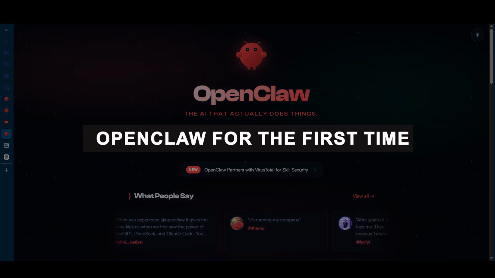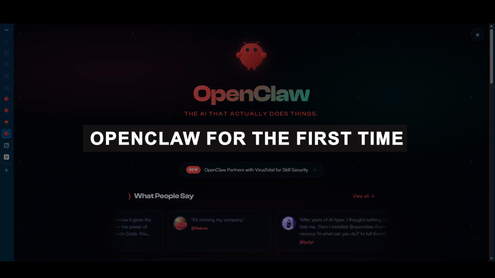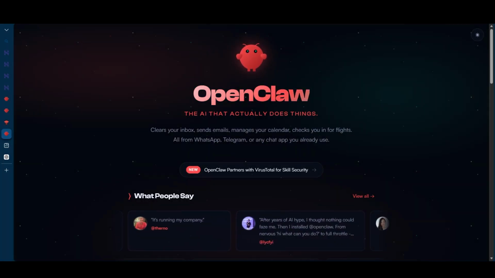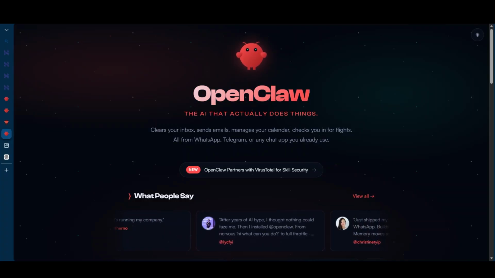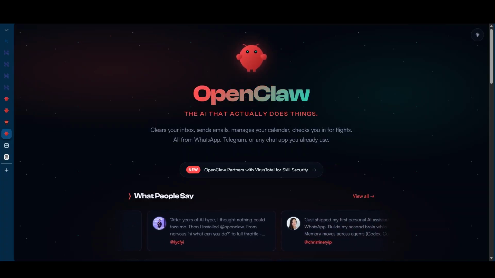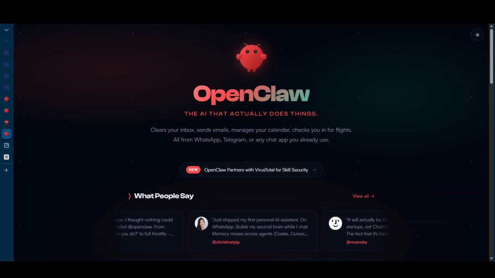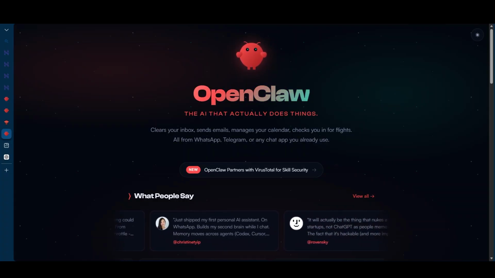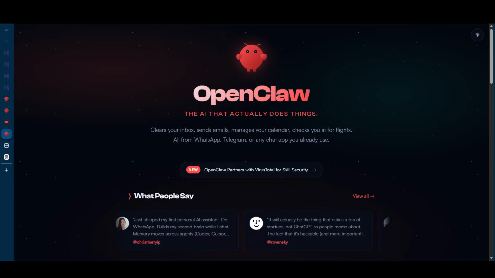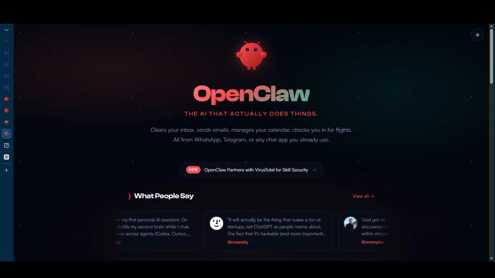Trying OpenClaw for the first time. OpenClaw is one of those automation platforms that feels powerful without looking overwhelming. It lets you connect apps, trigger actions, and build simple workflows without writing code. If you've never used an automation tool before, this first 15-minute walkthrough will help you understand what it actually does